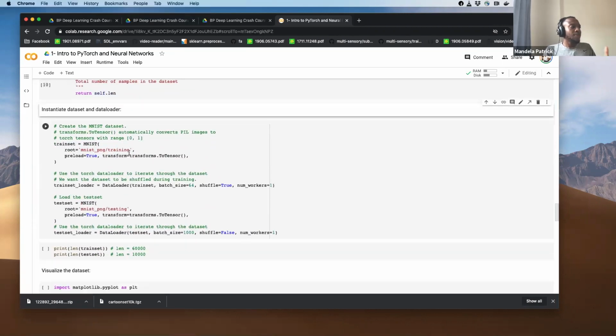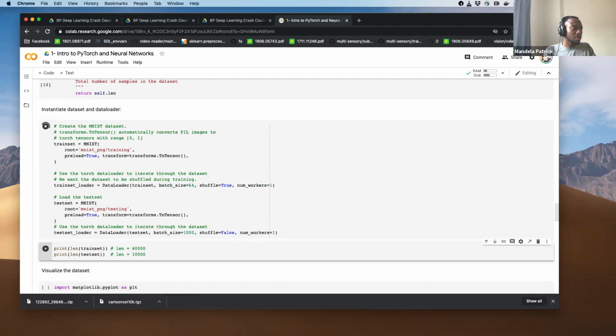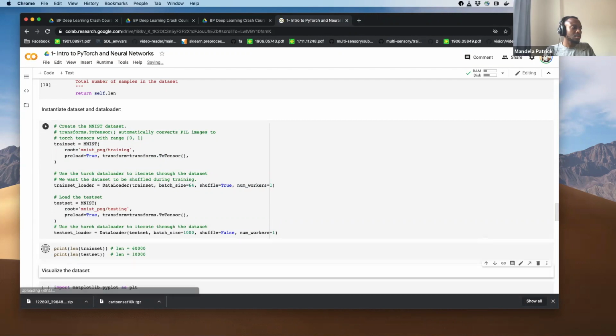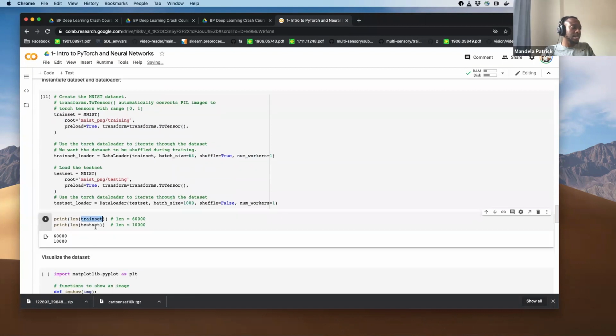And then we define what we call a data loader, which creates a batch of images. A data loader takes in a dataset, which we've defined here, and specifies how many examples are in a batch, and whether to shuffle the data, etc. The training set has 60,000 images and a test set has 10,000 images.